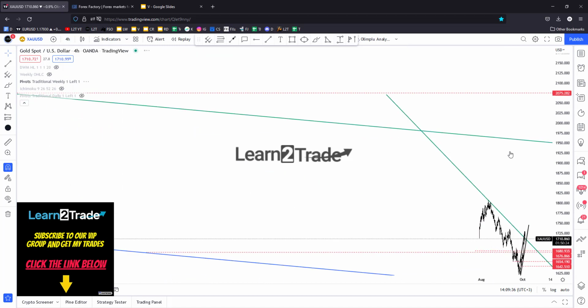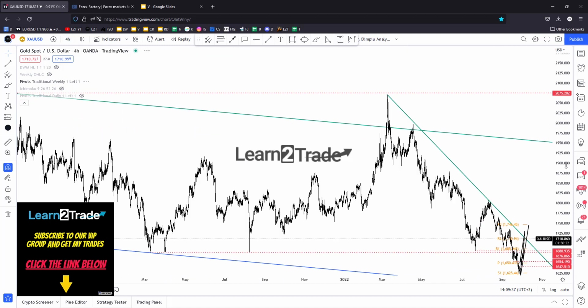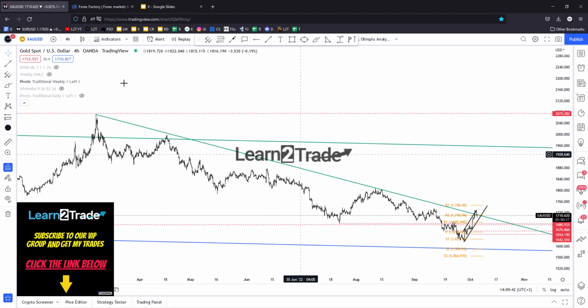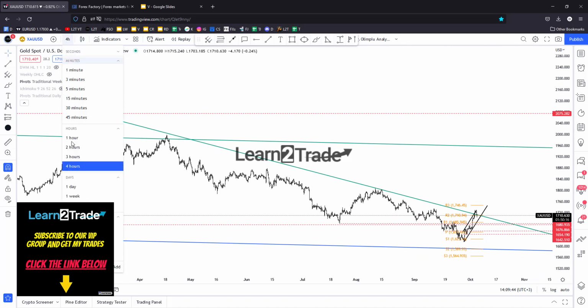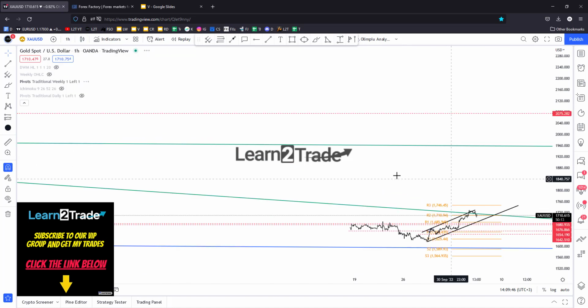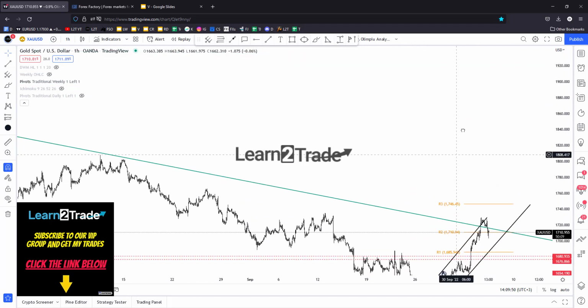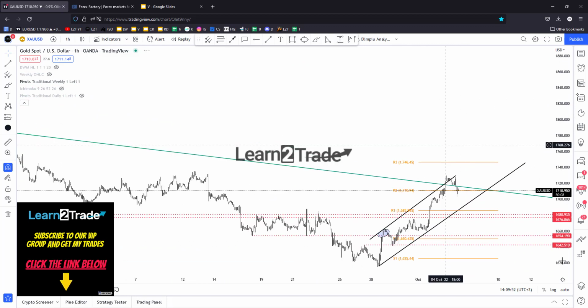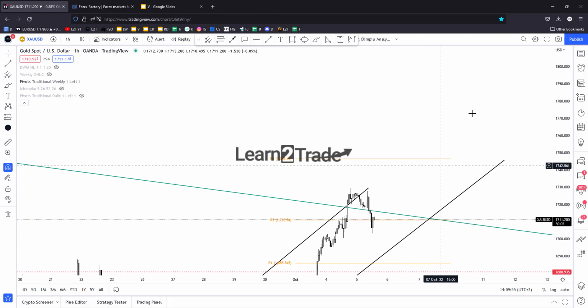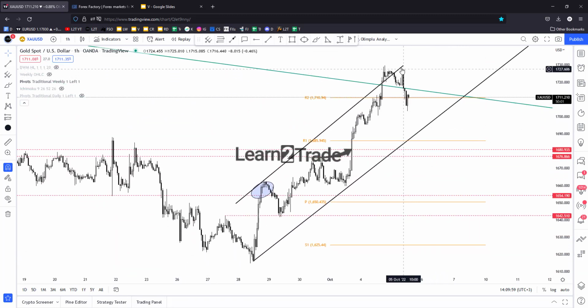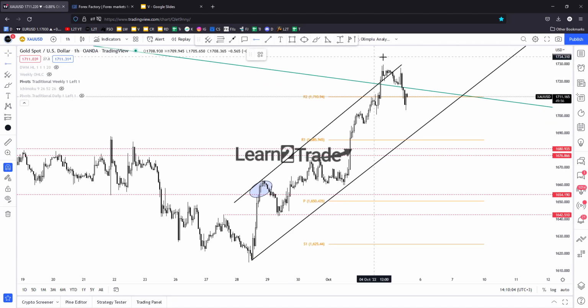Let's go to 4 hours. So here on 4 hours, downtrend line, major downtrend line. And as you can see, it has jumped and closed above the broken major downtrend line, but it has failed to stabilize there. Right now, it has dropped, and let's use this level, yesterday's high of